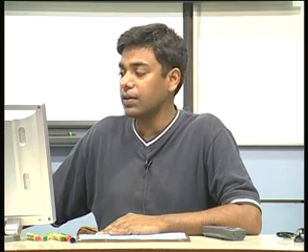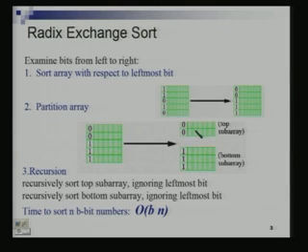Okay, everyone understands what the algorithm is. Yes. How do you combine in this divide and conquer step? We do not need to combine. Once we have sorted this top subarray and we have sorted this bottom subarray, we just put